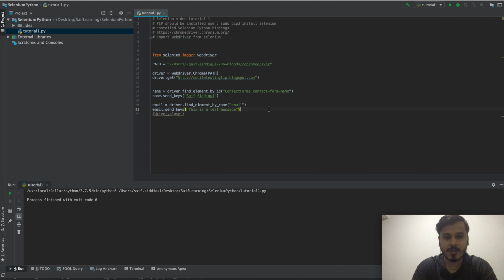Now if I run this again, let's see if it is working fine, if my element is getting picked by this name property or not. I will just run it again.